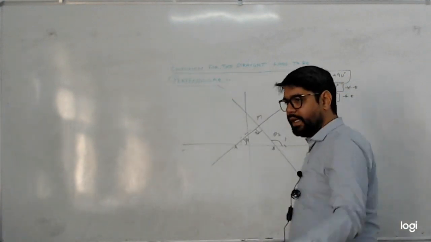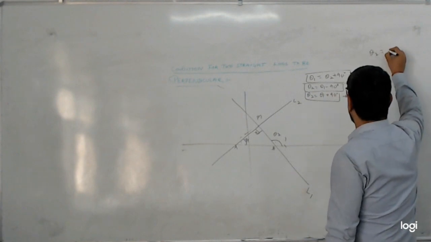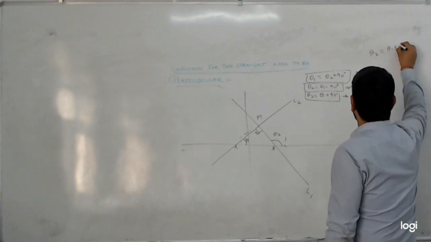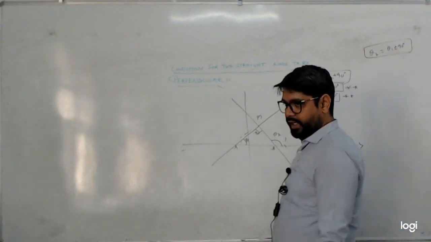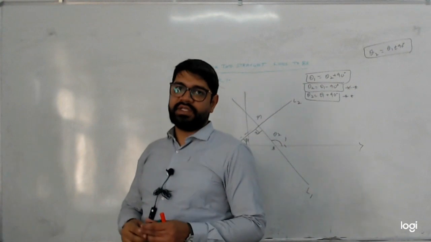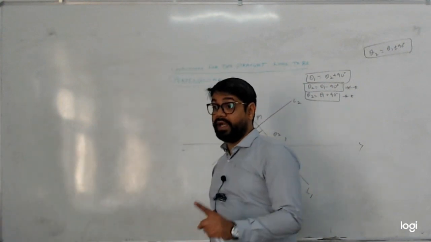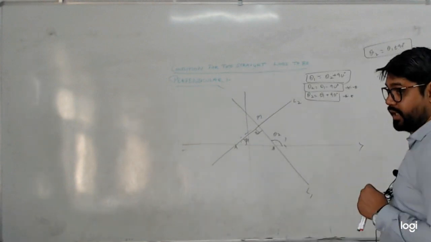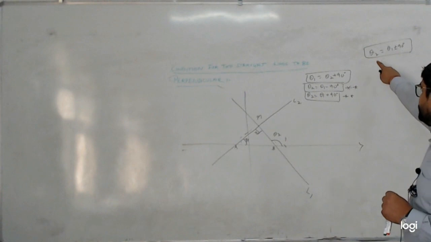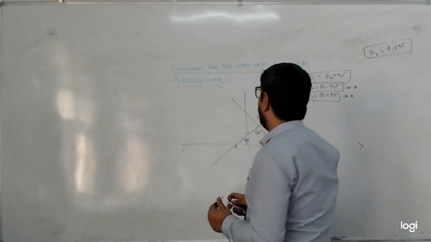तो इन एनी केस हमारा जो एंगल होगा सेकेंड लाइन का θ2 विच इज नथिंग बट या तो θ1 में प्लस 90 करके आएगा या माइनस 90 डिग्री करके आएगा. सो द एंगल which the second line made with positive direction of x-axis in terms of the angle which the first line made with the positive direction of x-axis is given by this, that is θ2 is equals to θ1 plus minus 90 degrees. Now let M2 is the